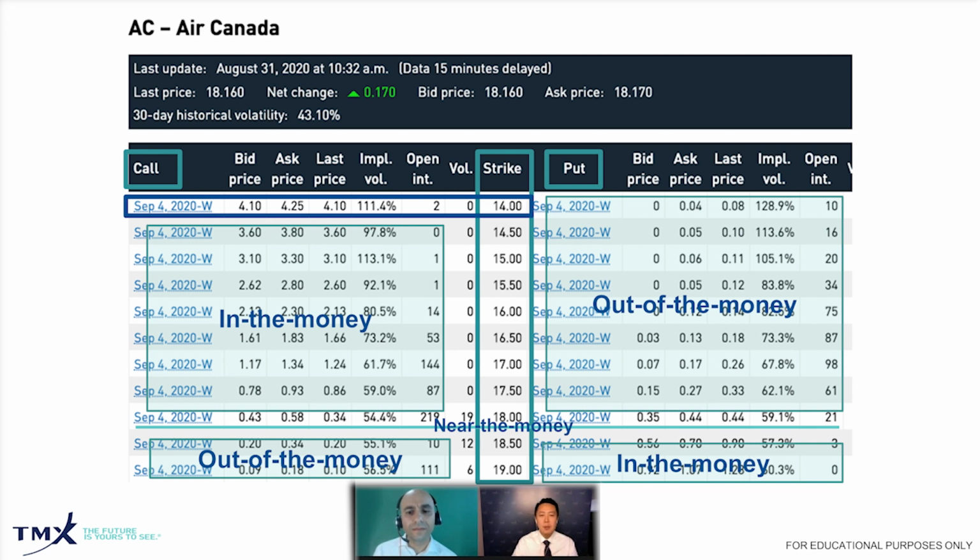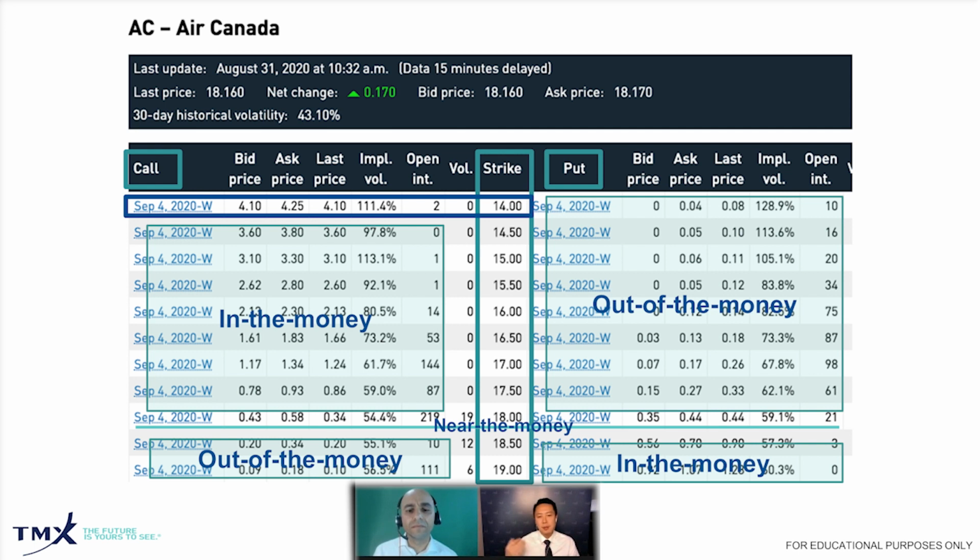So if the investor wants to buy this $14 call option, she needs to pay how much? Okay, the price she needs to pay is $4.25, what we call the premium, the option premium, or the price of the option. The difference between the $4.25 and $4.16, remember what the $4.16 is? The $4.16 is the intrinsic value, okay? Now, if you take the $4.25 minus the $4.16, that difference is 9 cents. That 9 cents that you are paying to buy this call option is what we call the time value.